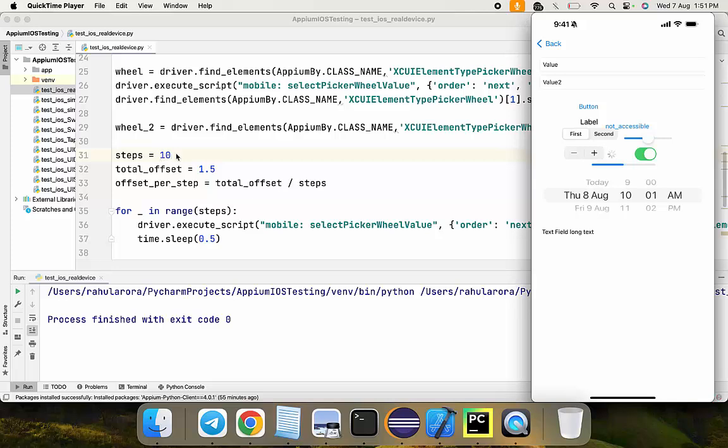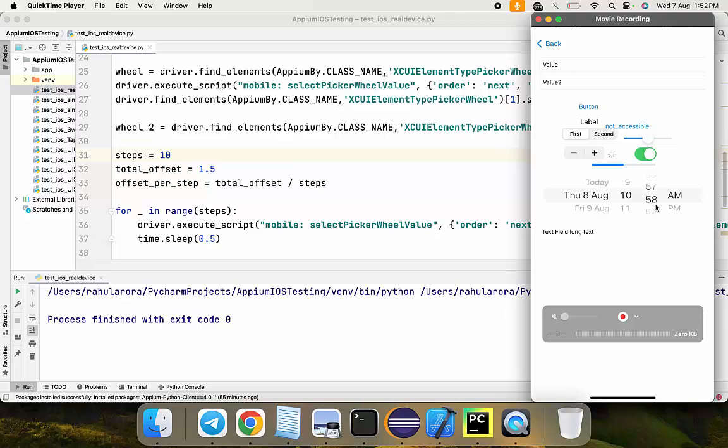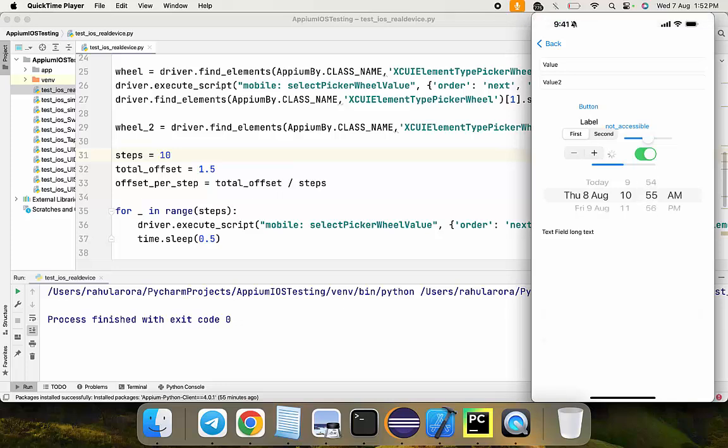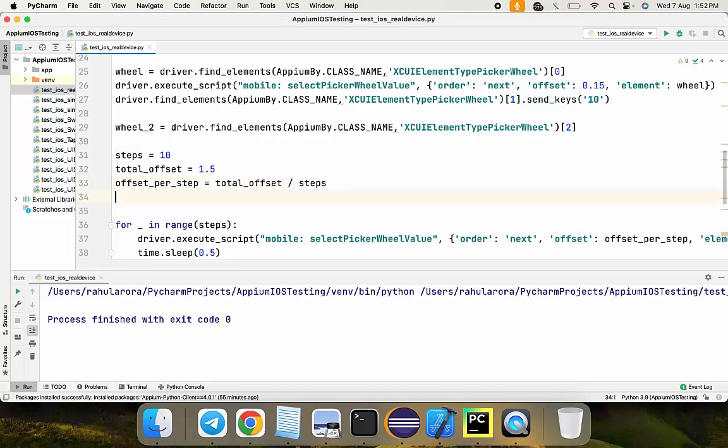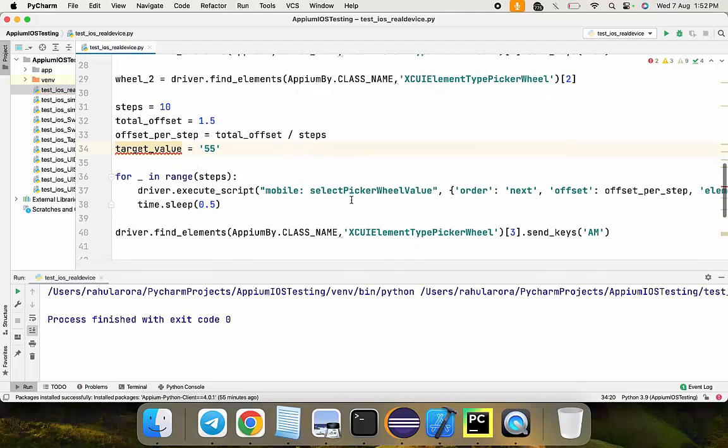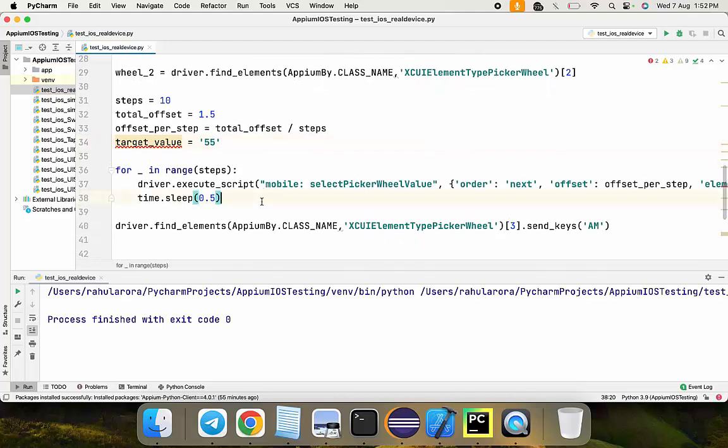Now what I want is that it should actually stop at a particular step. Let's say I want to stop at 55. So how to do this? For this, let's say this is my target value. I'll say target value equal to 55, right? This should be in a string format. So I'll say target value equal to 55, and I'll say current value